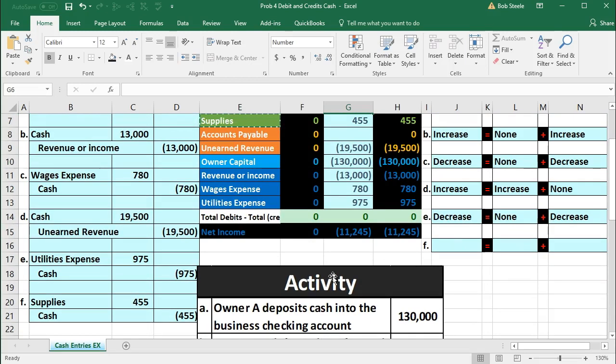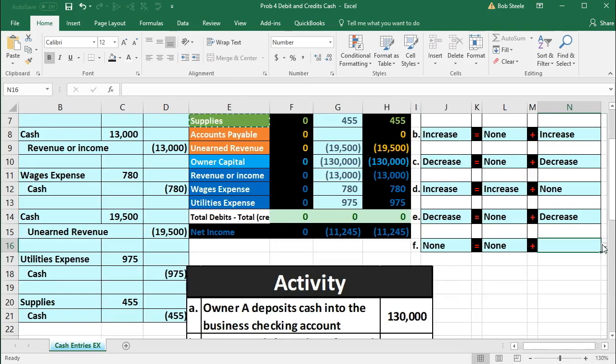We know that cash is going down, and cash is an asset. So our typical response is to say, well, assets went down. And then we say, wait, what happened? What's the other thing that happened? Supplies, also being an asset, went up. So that means that really there's no effect on the assets or the liabilities or the equity, although we had